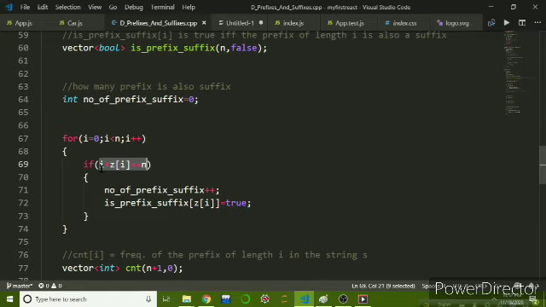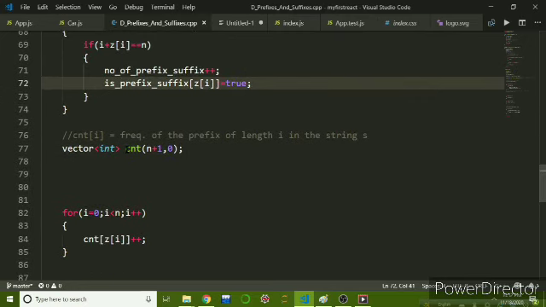If it is touching the end, that means this is a prefix as well as a suffix. So the number of prefix suffix will be incremented, and that prefix of length Zi will be true. That means the prefix of length Zi is also a suffix.